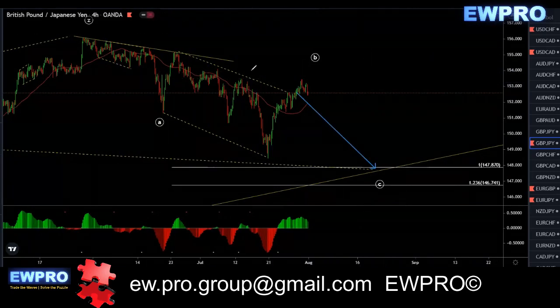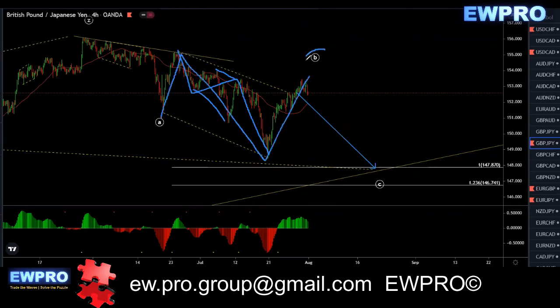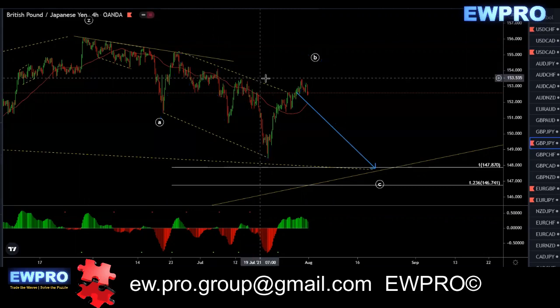We have that bear hidden here. Like I said last week, for the buy, we really want to break above this top and then give you the correction for the buy. Then we can call that wave C over, and we don't get this possible flat like I'm looking at here. We got that large A, B, C in here. That's why I have to look at it as an A, B, C in here for a B wave, and then we get a C down. Unfortunately, it still hasn't